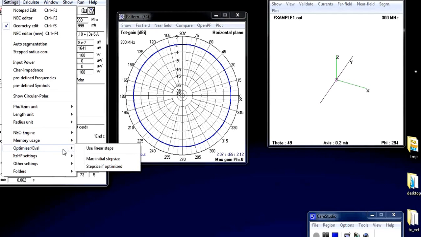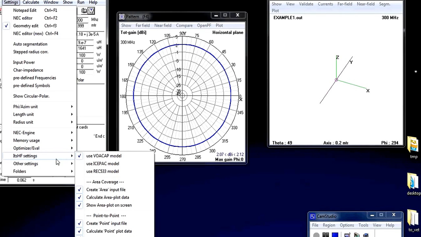Now, optimizer and the evaluation type of system, this is very, very useful, and this describes the sorts of steps you want it to take. Do you want it to be linear, or do you want it to be logarithmic, or whatever type of system you want it to step when it actually changes its values to try and get the optimum setting. Again, just leave it at default. We're not going to be describing